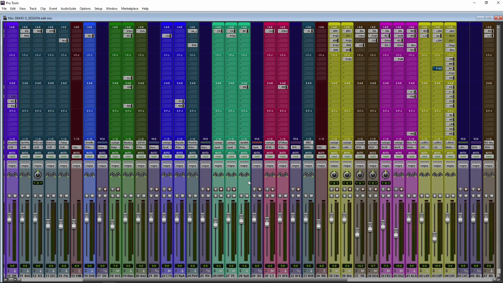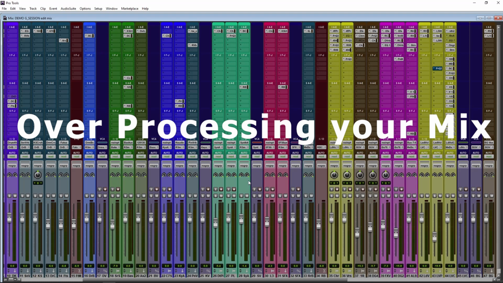And why I say that, it is easier to mix, it is easier to process, it is easier to do everything when the sound source has that quality sound you're going after. So there is very little to no work to do there when the sounds come with a lot of potent quality to them. It's just that the mixing engineer has to enhance that particular mix or those sounds that you have gotten. So last but not least is over processing your mix.